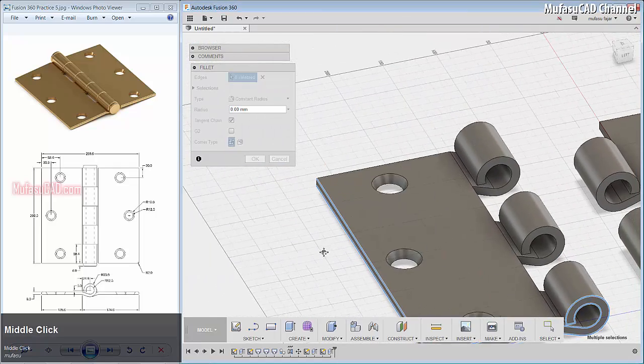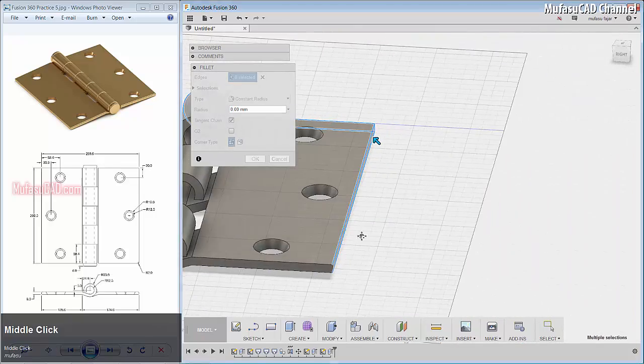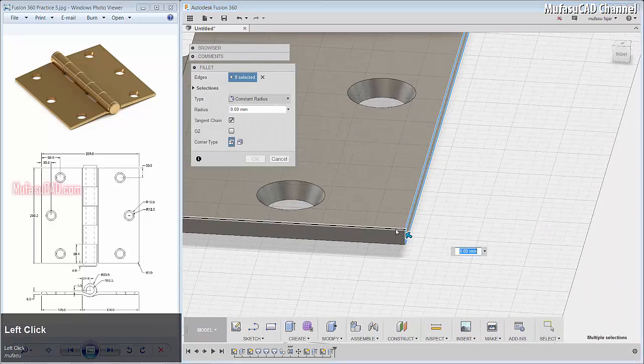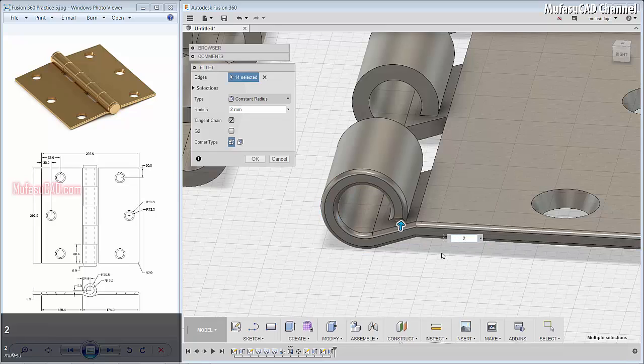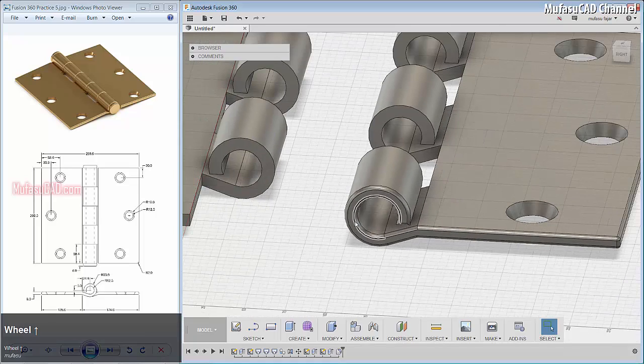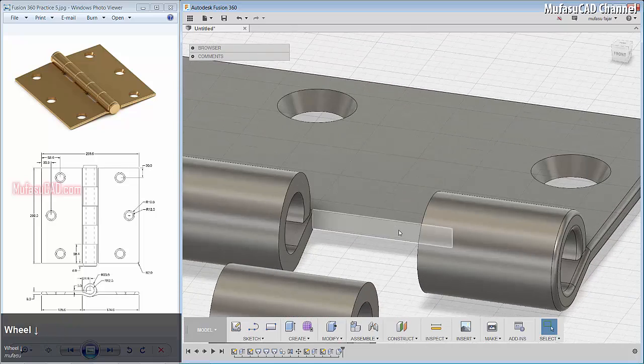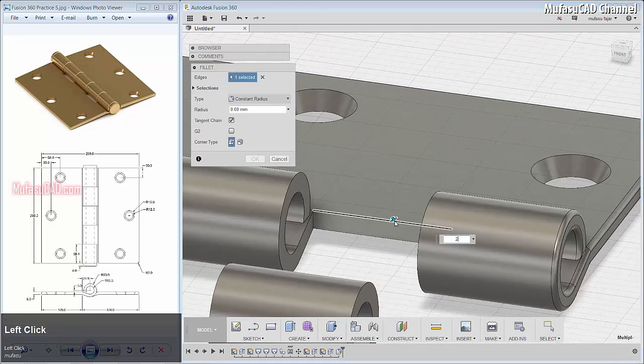Okay, and we rotate here, fillet again for this edge, and then this edge, and type 2 for the fillet. Enter. Next we fillet in here and here with 2 point.